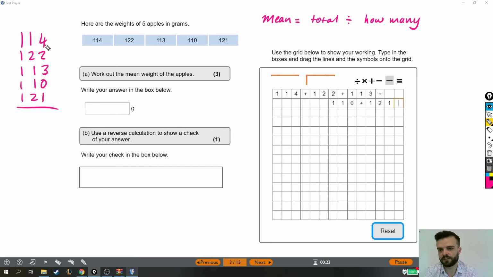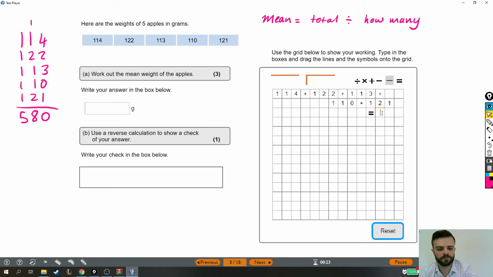So adding up from the right hand side, we've got 4 plus 2 is 6, 7, 8, 9, 10. That's 0, carry over 1. So 1, 2, 3, 4, 5, 6, 7, 8. Adding those together gives 8. And 1 plus 2 plus 1, 2, 3, 4, 5 is 580. So the answer to this calculation that we started putting in the working out box is